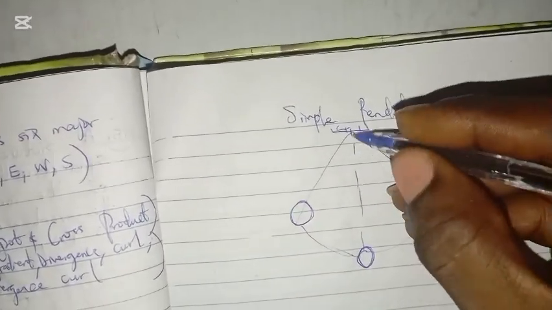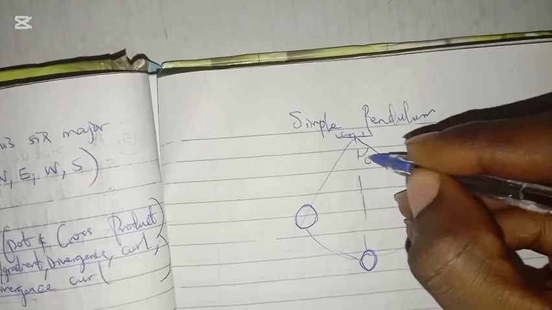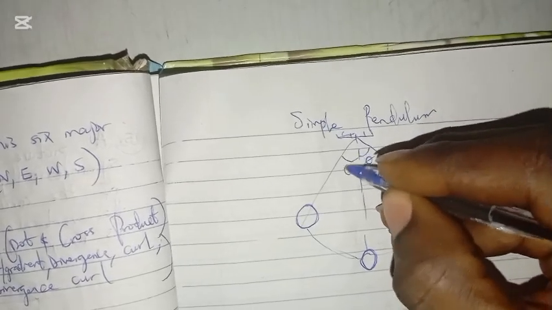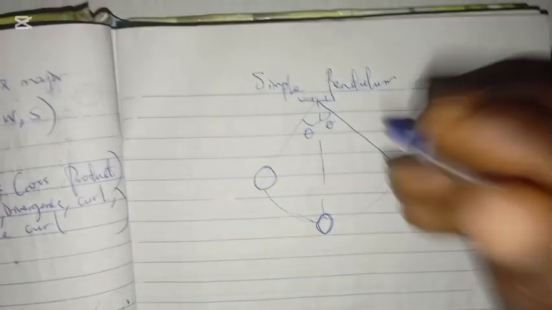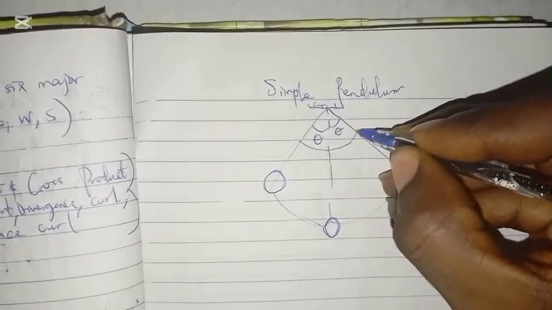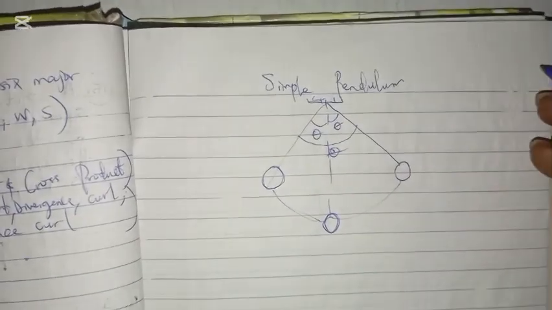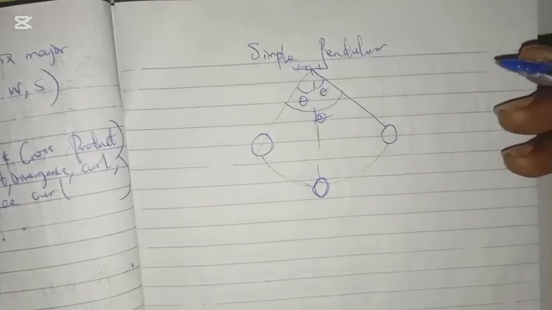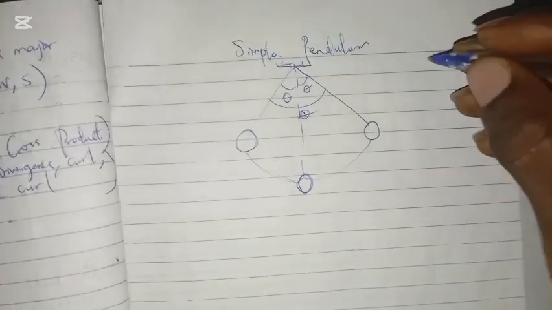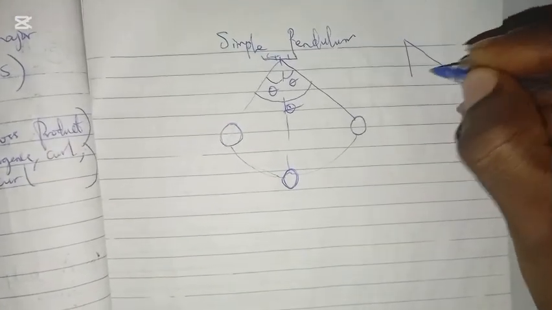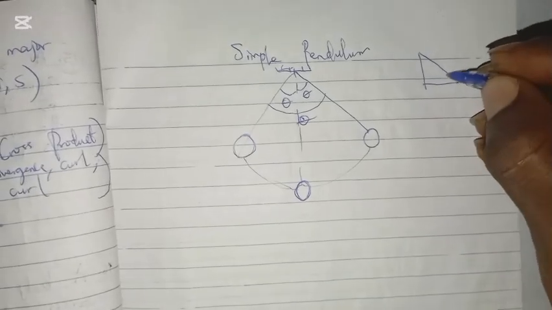Then notice that if that is the case, there's an angle made here, which is theta. There's an angle made here, which is theta. So we can say that everything here is theta. So I can say that a simple pendulum is that type of motion that involves an angle with the vertical. And remember I told you that in normal vectors, if I have a triangle,